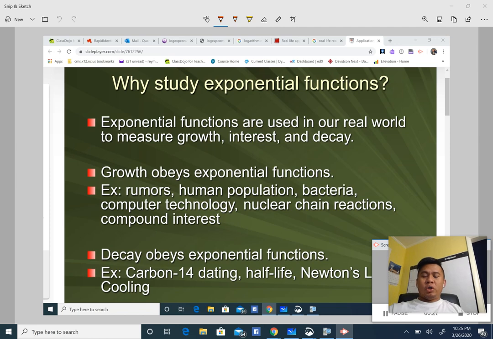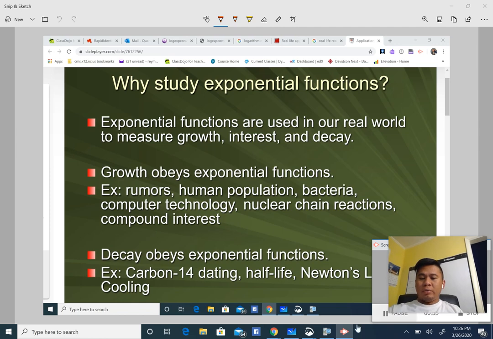So exponential functions are used to measure growth, interest, and decay. For examples, in terms of human population, gossips, virus and bacteria, computer technology, chain reactions, nuclear chain reactions, and compound interest. This can also be like an exponential decay in terms of carbon 14 dating, half-life, or even Newton's law